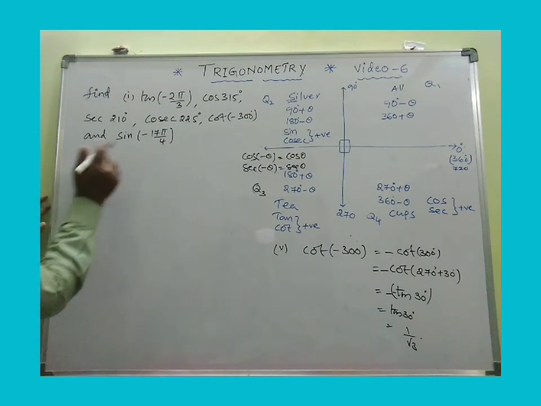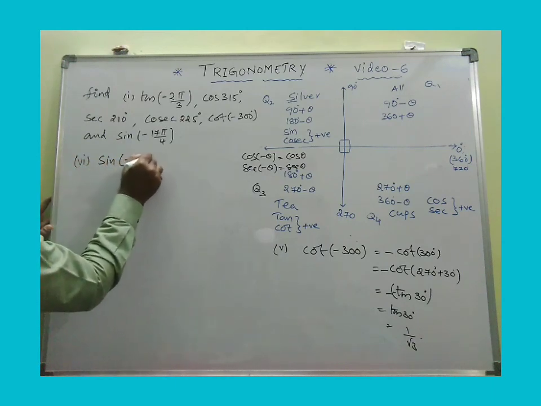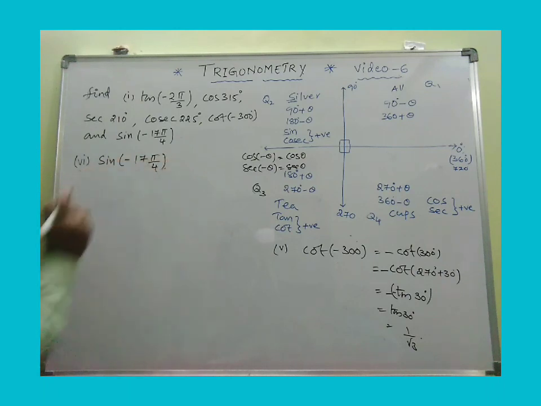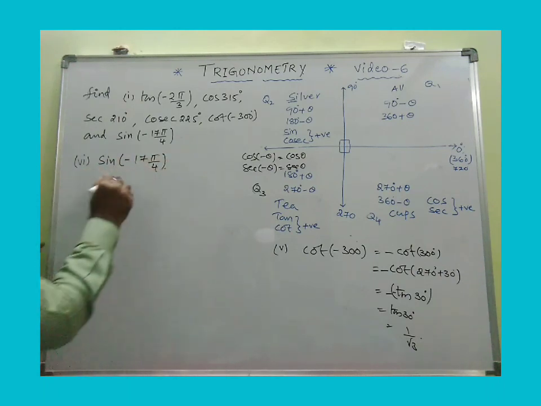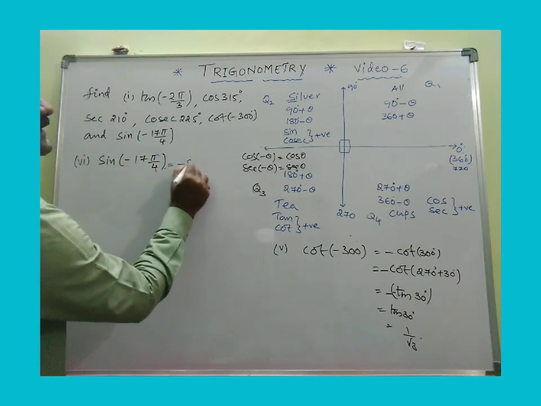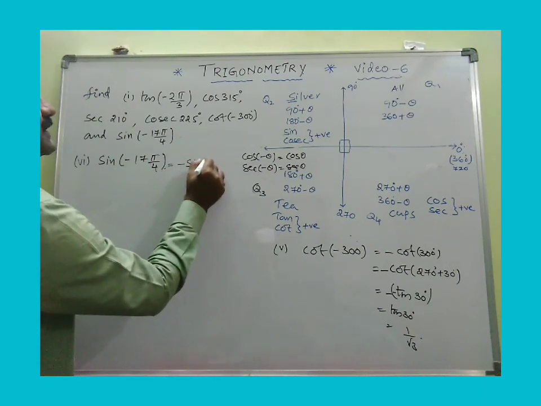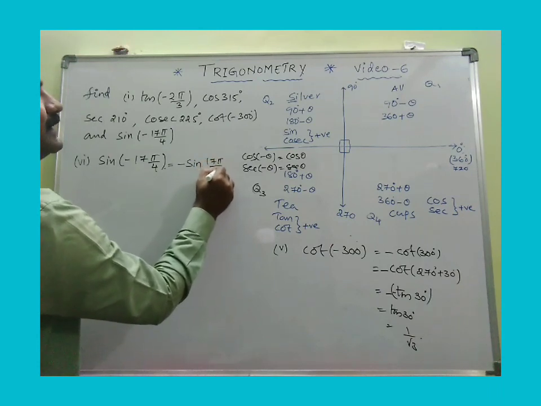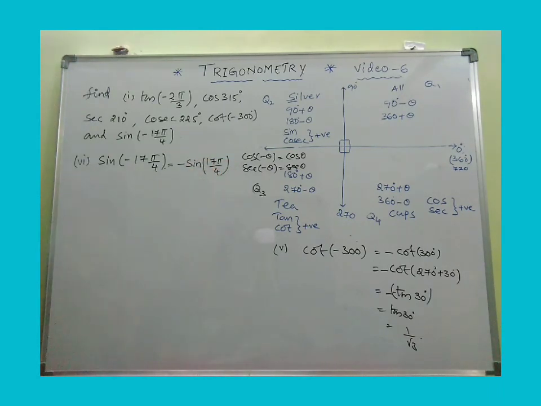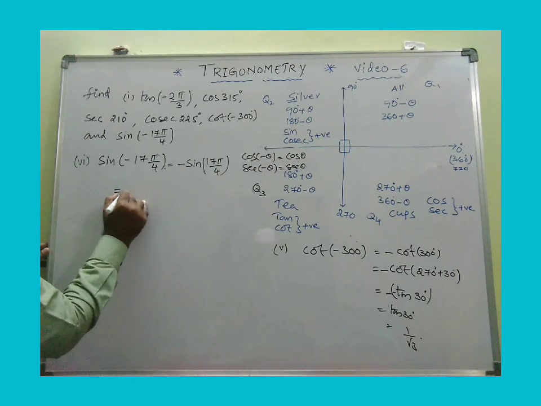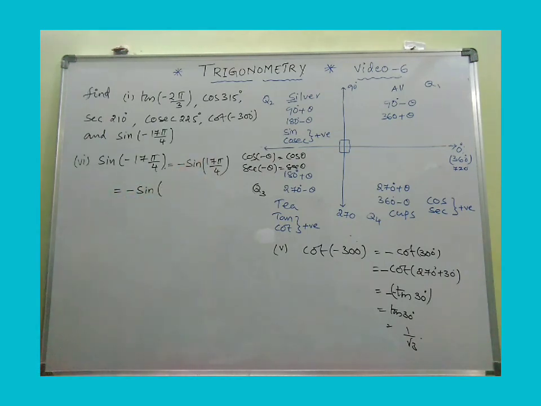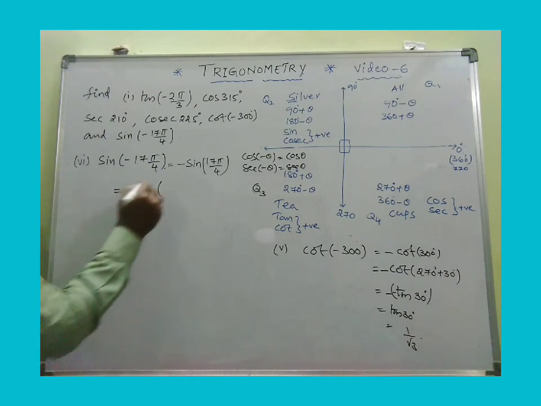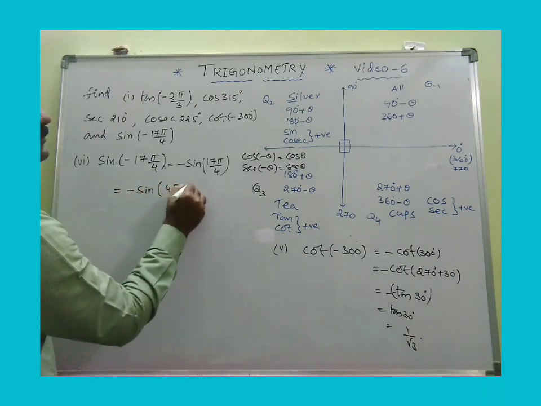So look at one more last. This is sine of minus 17 pi by 4. First of all, it is just like sine of minus theta. Sine of minus theta is minus sine theta, hence minus sine 17 pi by 4. Now 17 pi by 4, no need to calculate what is 17 by 4 into 180, etc. Just simply let me write like this, 4 pi plus pi by 4.